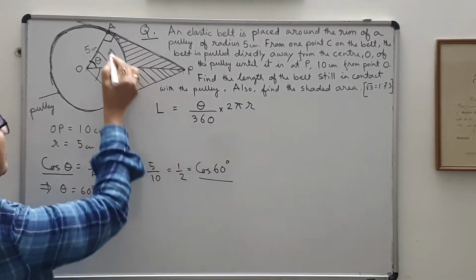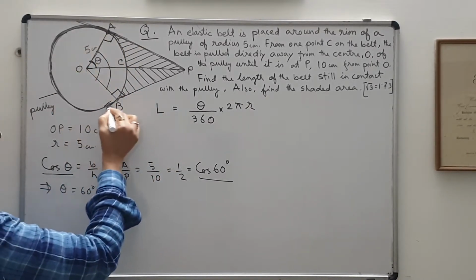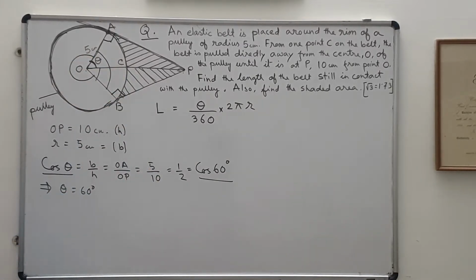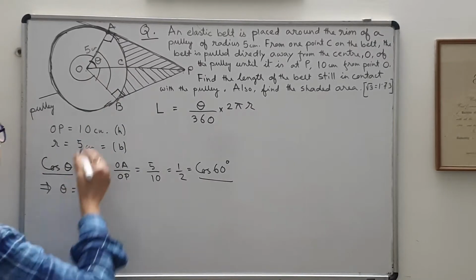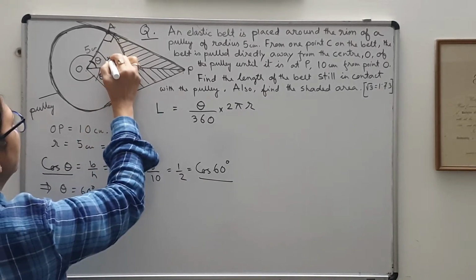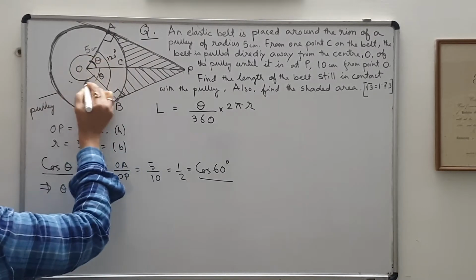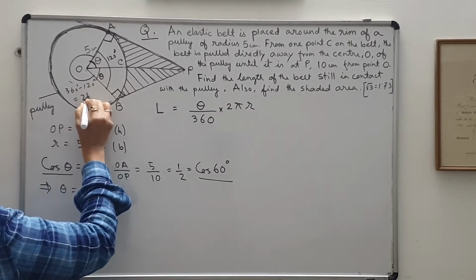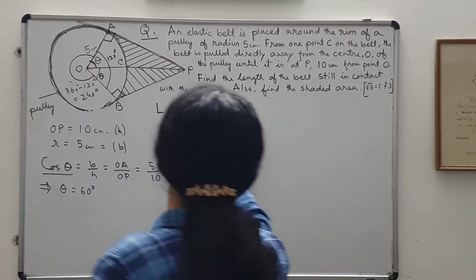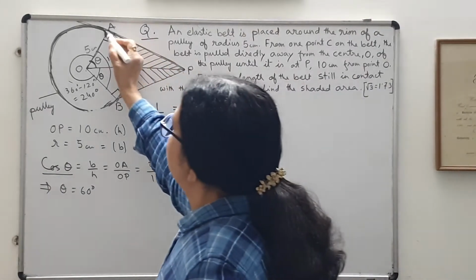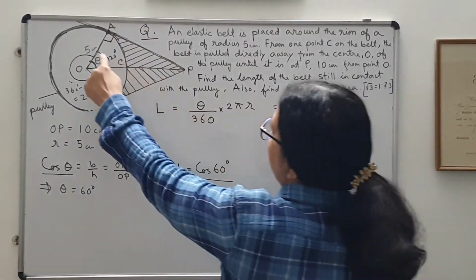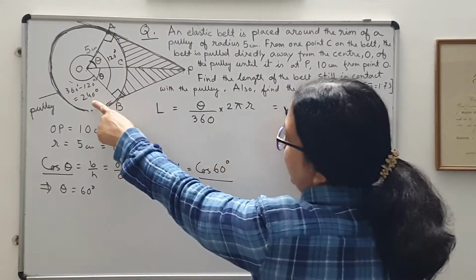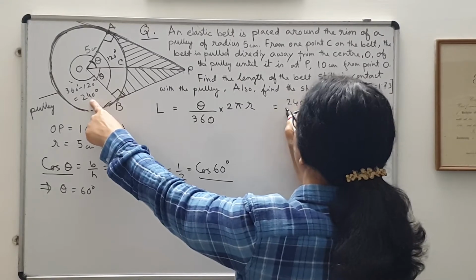And for this sector length, what is our sector angle? It is the reflex of this 120. Reflex of this angle, this is your 120. This is also theta. So this is your 120. And reflex of this angle will be nothing but 360 degree minus 120 degree, that is 240 degree. So in this case, in the formula, this arc length will be, this theta is this angle, that is the reflex of 120, and that came out to be 240. So 240 by 360